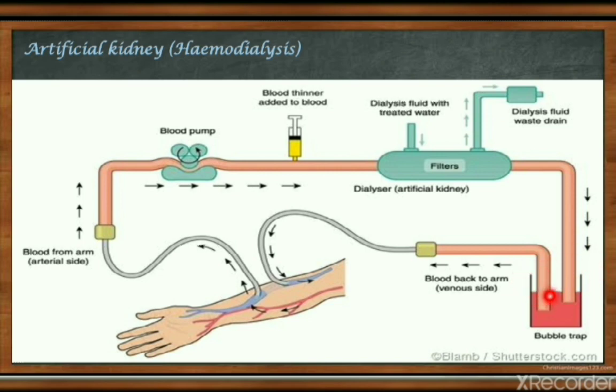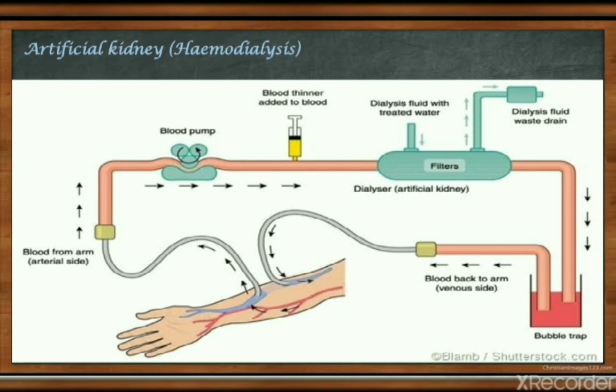Here there is a bubble trap, or it can be easily filtered here, okay, and it comes back into the veins and directly into the patient's body. Before being injected into the patient's body, an anticoagulant or iodine will be added, because inside the patient's body heparin is present, okay. This is the chemical heparin, so it cannot react and it can easily enter the body,